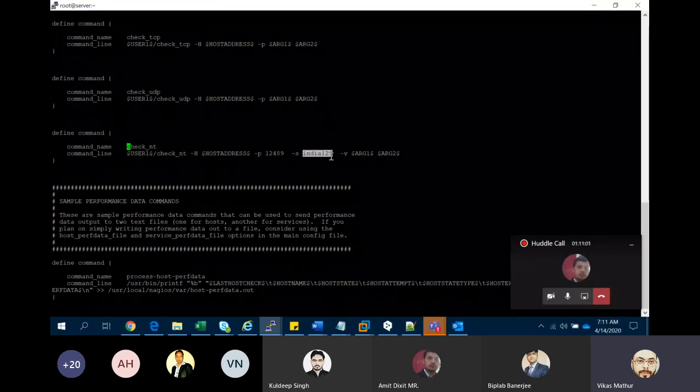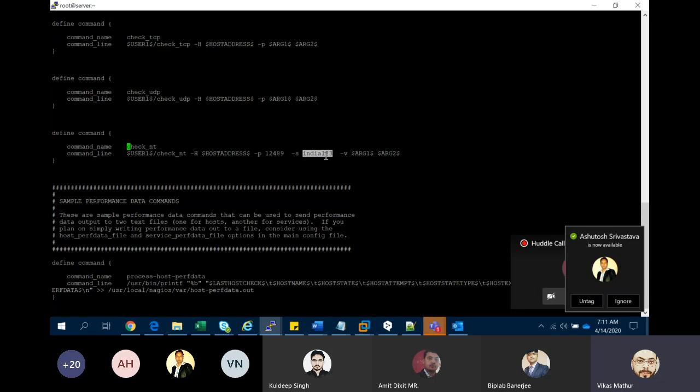I just typed the particular password which I mentioned in your NS client while I was installing it. So, India 123. You need to change it over here.